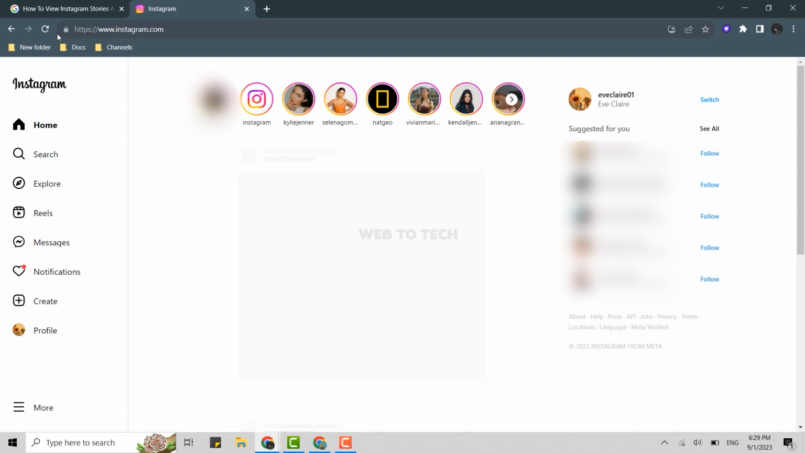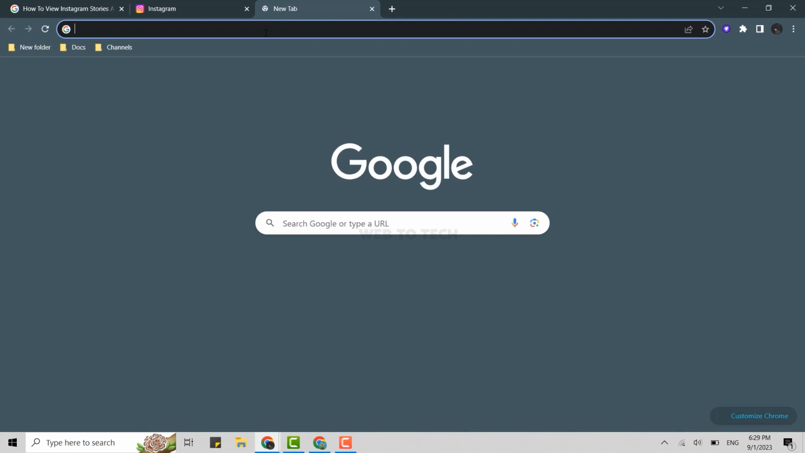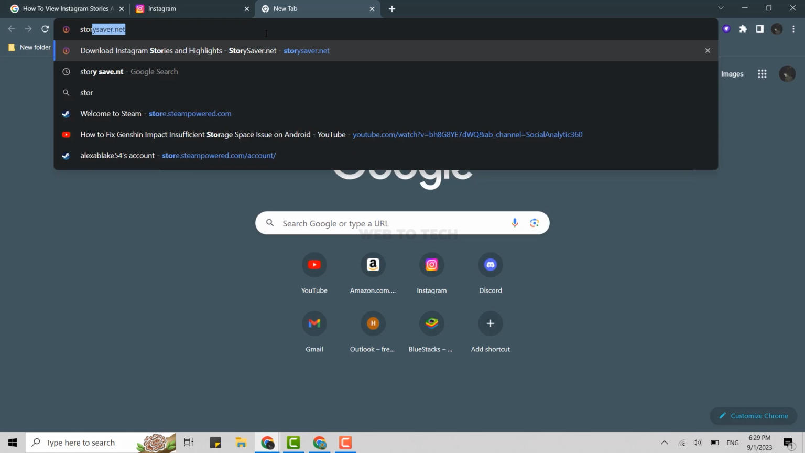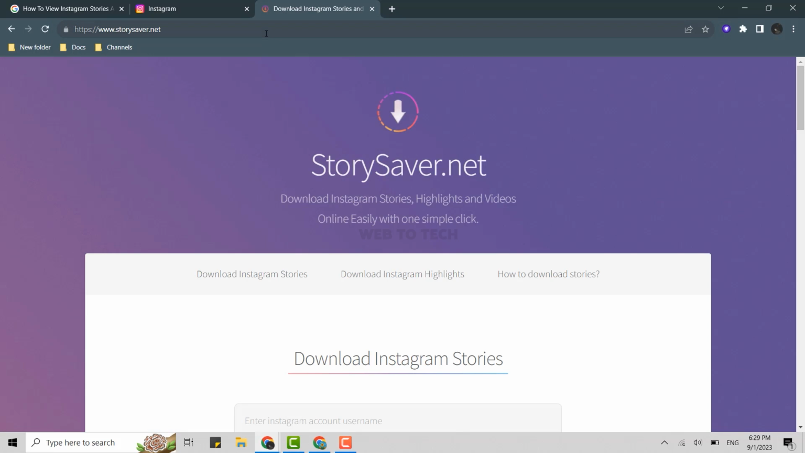Now once you open your Instagram account, what you need to do is find the Instagram user whose Instagram stories you want to view anonymously. To do that, you need to use a third-party website. So click open a new tab on your browser and there you need to type in storysaver.net and press enter. This is a third-party website from where you can view Instagram stories, or you can